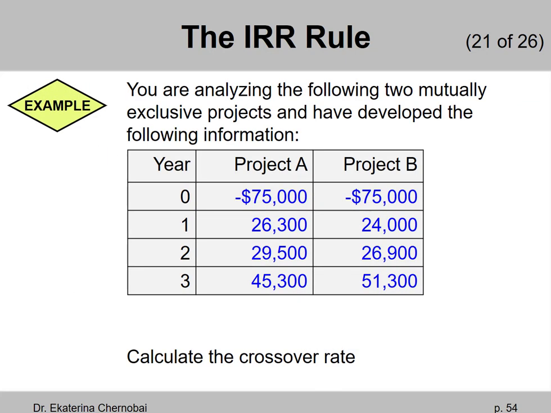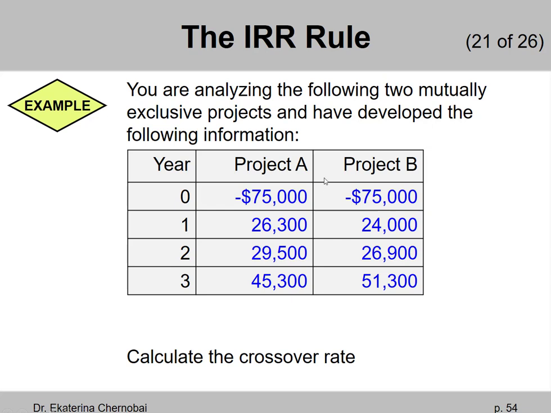Here's another example on calculating the crossover rate. You're analyzing the following 2 mutually exclusive projects and have developed the following information. Project A would require an initial investment of $75,000, so that's a negative cash flow. Then in years 1, 2, and 3, it will generate the profits in the following amounts: $26,300, $29,500,